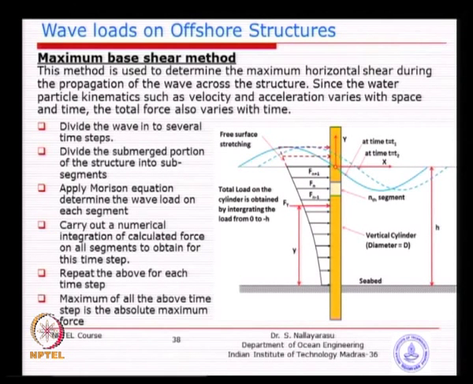So you understand the idea behind how we divide into several subsegments. For each segment you calculate the force, using the coordinate to calculate the velocity and acceleration, and substitute into the Morrison formula. This force corresponds to only one time instant, because the wave period is 10 seconds. So t equal to 0 you have calculated. Now we have to repeat this for several time steps from 0 to 10 seconds. You can divide every 1 second or every half a second, it is up to you, isn't it? We will continue tomorrow.